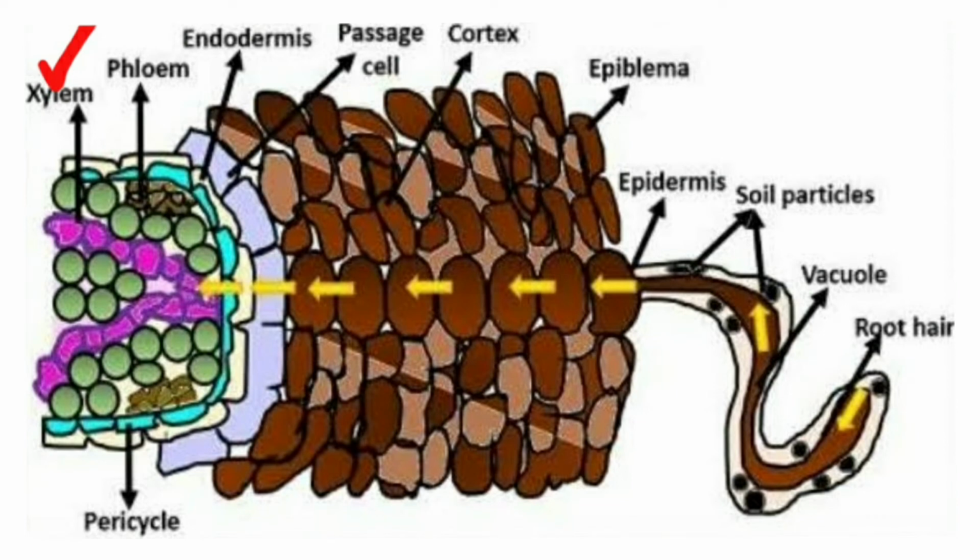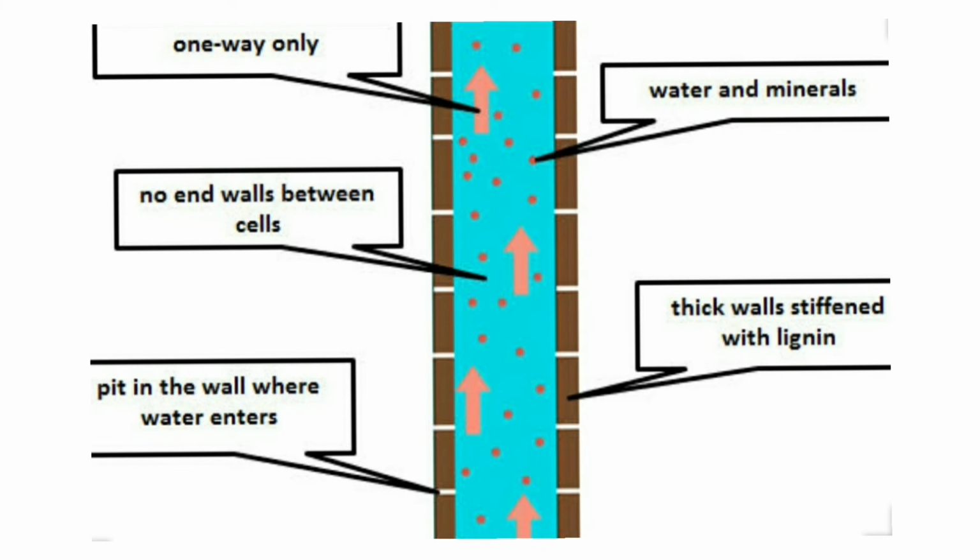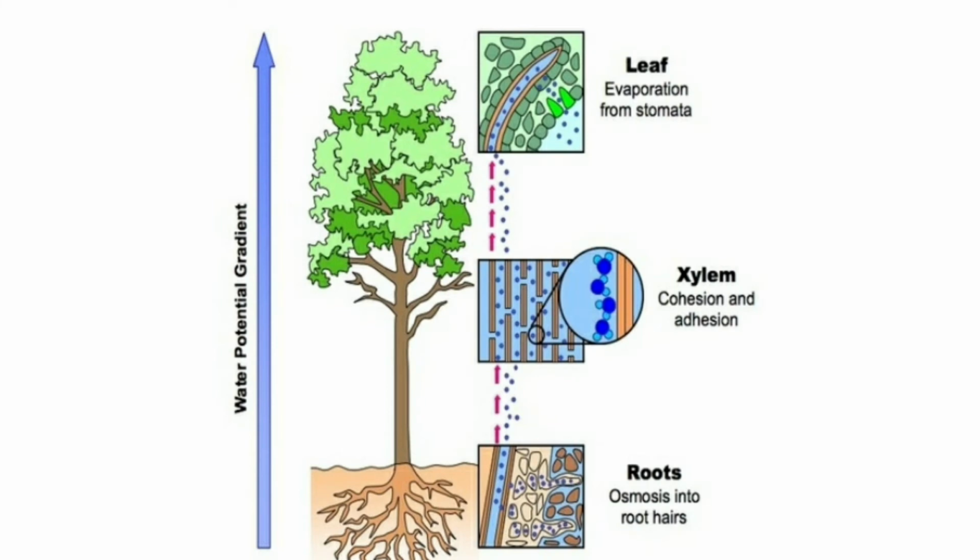If you look at the longitudinal section of the dicot root, you can see that the root hairs are there and water is entering through the root hair cells, and you can see the root cortex. So water has to pass through the root cortex and then it has to reach the xylem. You can see that the xylem and the phloem are located in the vascular bundle. Inside the xylem, water travels upward from one cell to another against the force of gravity. This is about the absorption of water.